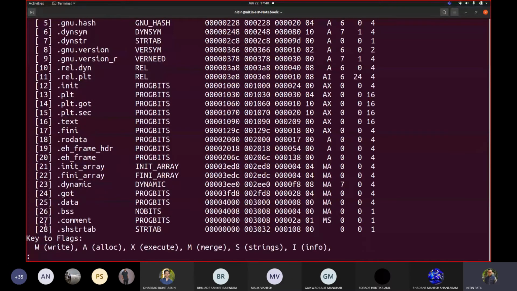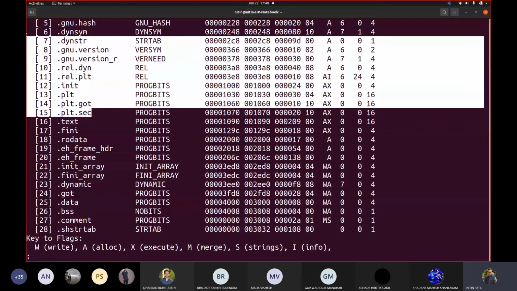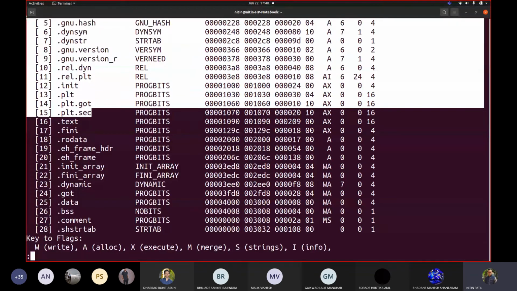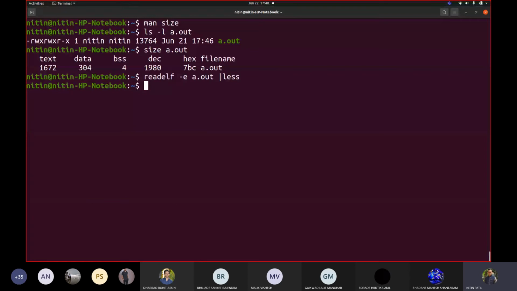For example, data, BSS, text. Okay, and internally some sections are added by the language. Now those who did a bachelor in computer science or computer application and had a system programming course must have seen the idea about translation. A compiler takes source code in a higher level language and converts it to a lower level language. In general, we do say this.